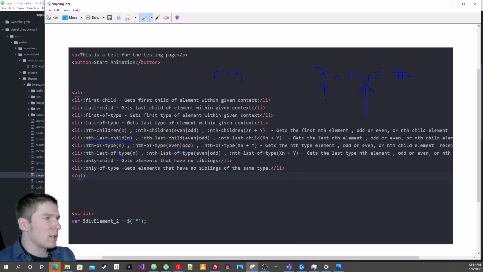Only child gets elements that have no siblings. No siblings, okay? It's just saying we have a parent and we have a child. This guy has no siblings, so he's selected. Okay? Only of type, you get the idea. Okay,